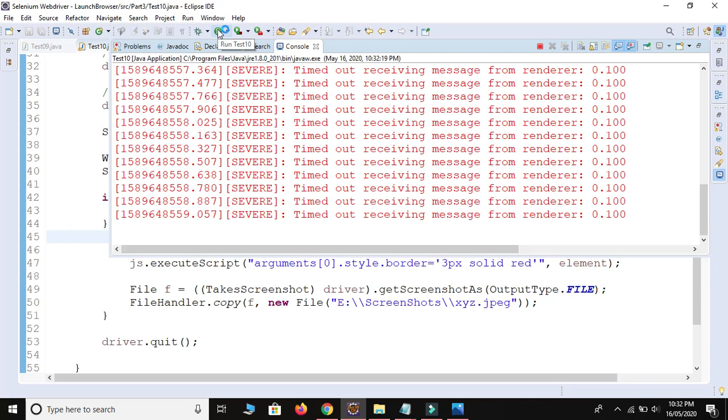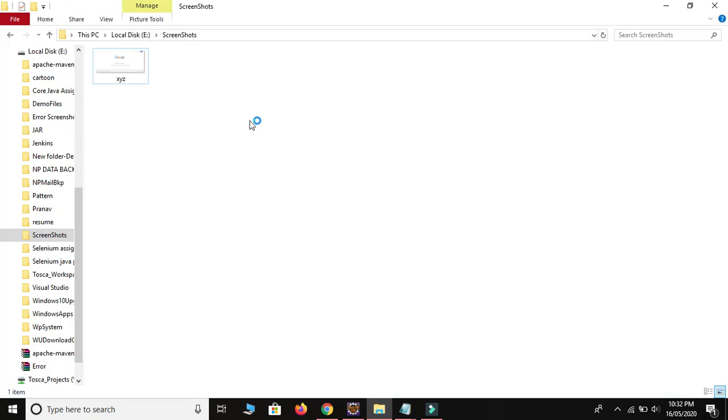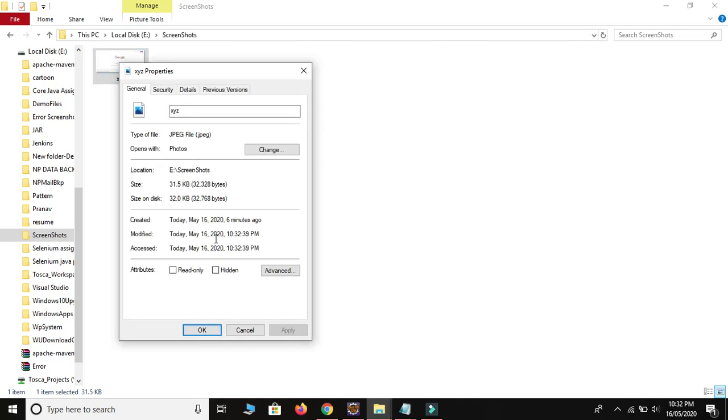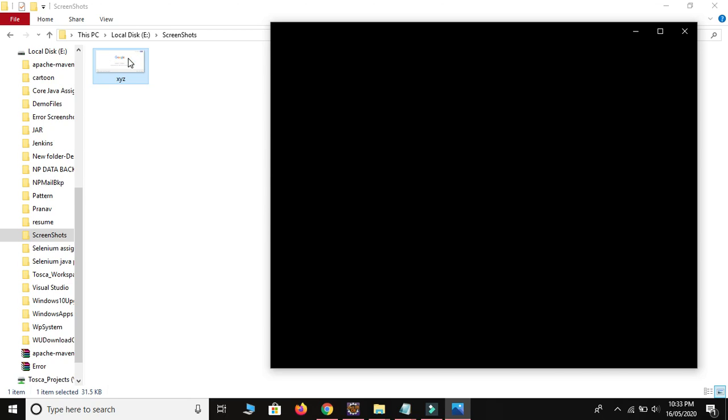See guys, I don't know whether you are able to see or not, but I have proof. I have the screenshot, I will show you. Let me refresh. So this is the screenshot. Let me show you the properties. The earlier screenshot was taken 6 minutes ago. Let me open this one, because we just ran our script.